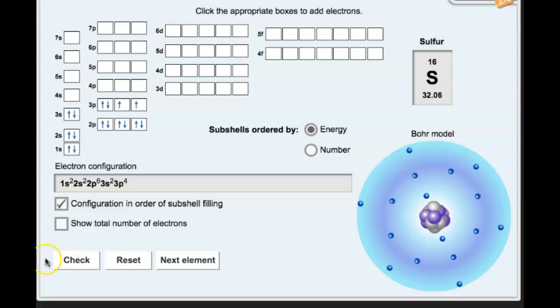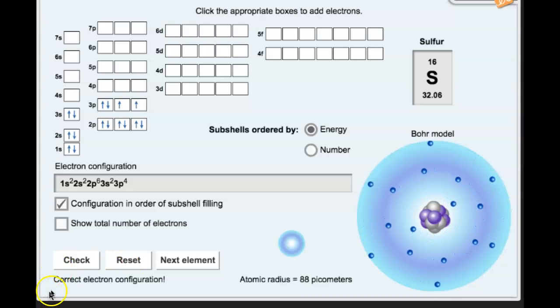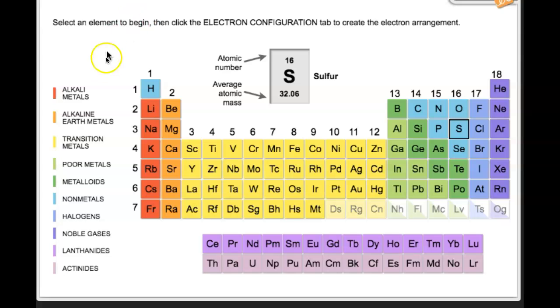And let's check to see if we got it right. So what you would do is copy down this electron configuration on your list, and then we would go on to the next element, which would be chlorine. Let's do an even harder one. Let's go down and pick out copper